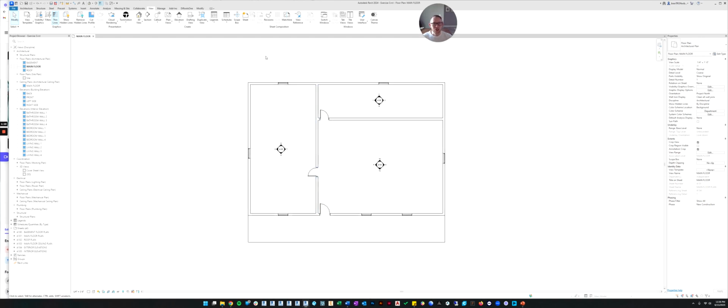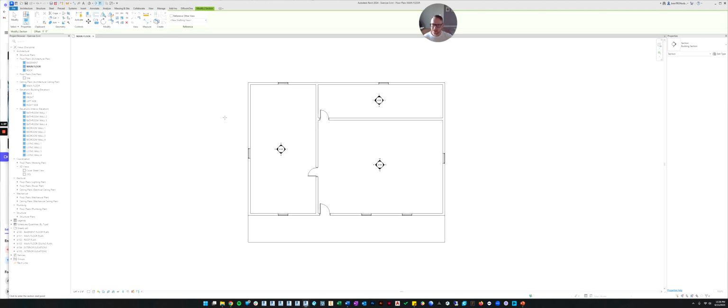All right, so sections. Again, like most other views, the place you go in order to start the command to create a section view is the view tab up on the ribbon. So go to the view tab and there's a command called section. If you click that, what it wants you to do is draw a line where you want to cut the building. We're going to make two sections today. One's called a longitudinal section. That's cutting the building down the long direction. And then there's a cross section that's cutting it across the short direction.